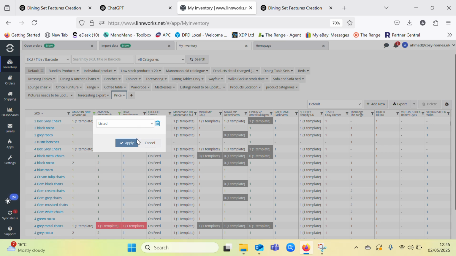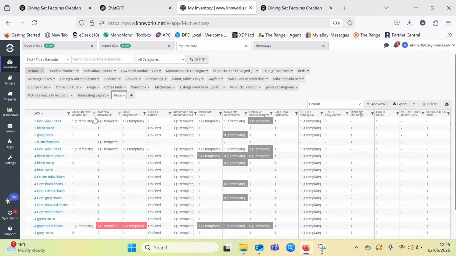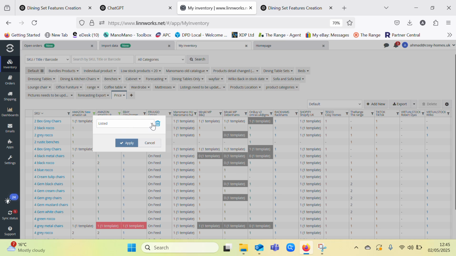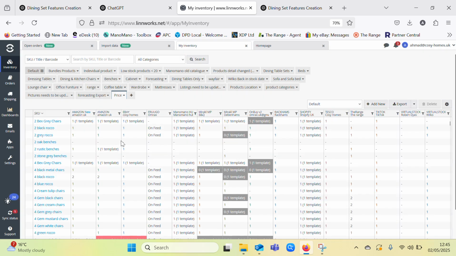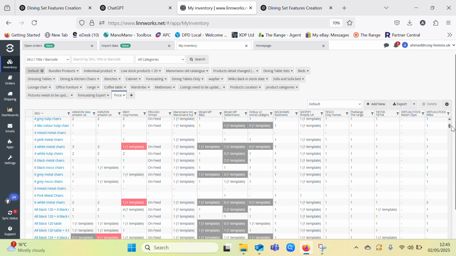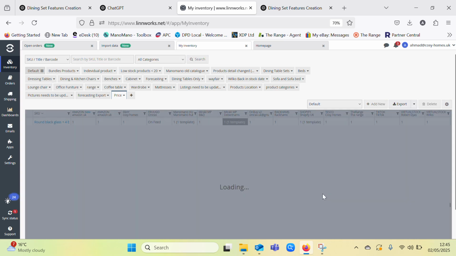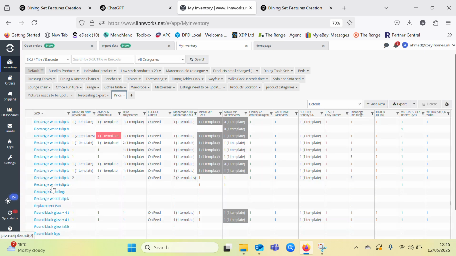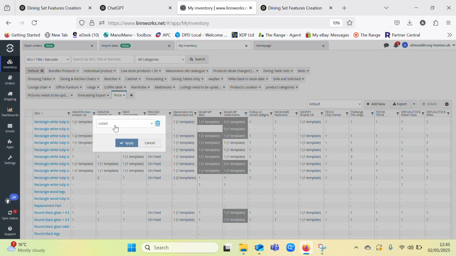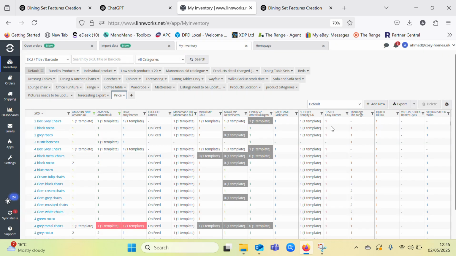And this way, if I know that most of my items are listed on Amazon, or all of them, I could just select the filter listed on Amazon just to avoid the other items in my inventory, like the individual items which are not listed anywhere, like part 1 of 2, 2 of 2, 3 of 3, the parts basically, because these are not listed. For example, like this one, just rectangle wood legs. The only way to avoid these empty fields is by choosing the channel that has most of the items listed there, or all the items. And for us it's Amazon, because we usually list the item on Amazon first. So I put Amazon as listed, and then